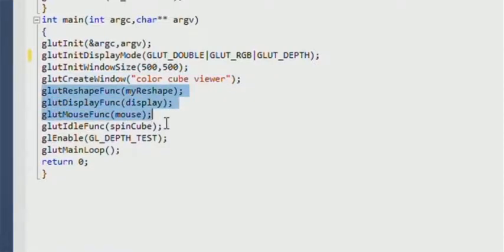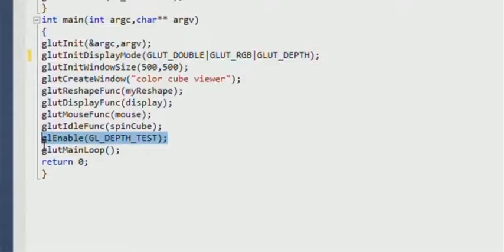The glutReshapeFunc, glutDisplayFunc, and glutMouseFunc are callback functions. glutIdleFunc sets the global idle callback, so a GLUT program can perform background processing tasks.